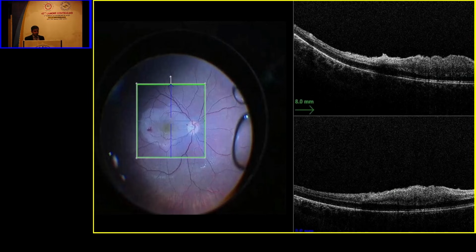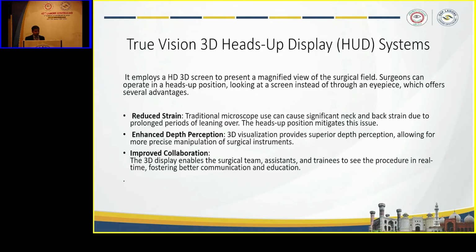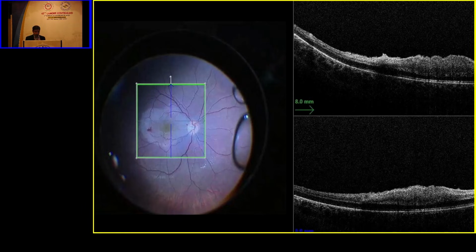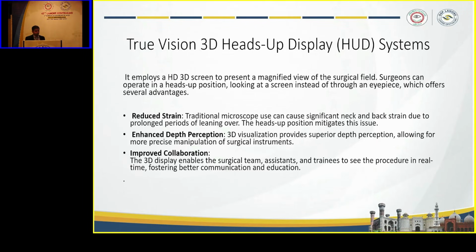ERM in the eye, it is peeled, and then OCT was taken per-op. Now we have the TrueVision 3D heads-up display system. The high-definition 3D screens present the magnified view of the surgical field. The surgeons can operate in a heads-up position, looking at the screen instead of through the eyepiece, which offers